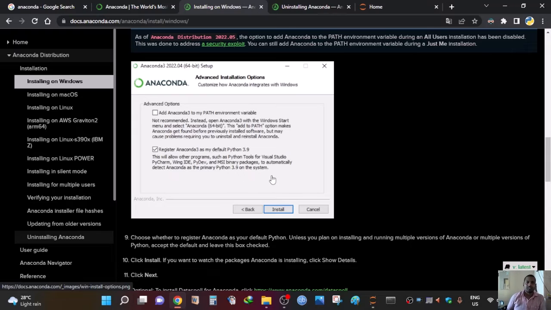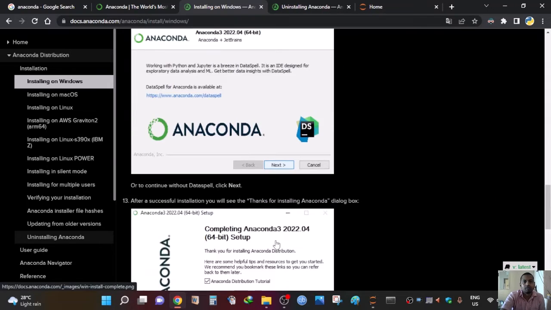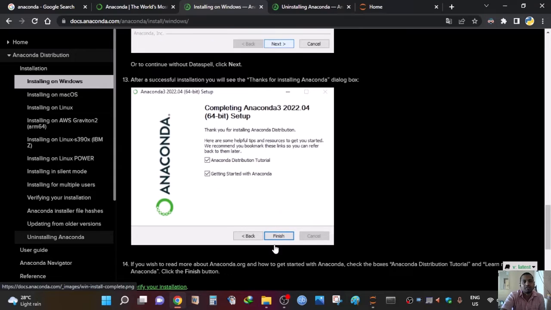It is not necessary to install Python in the Anaconda package itself. There is a Python installer. If it is registered and linked with Python 3.9, it is suggested to tick the add Anaconda 3 path environment variable. If you select that tick button also and follow the procedure, the installation will take nearly 30 to 40 minutes, based on your system speed. After completing that,